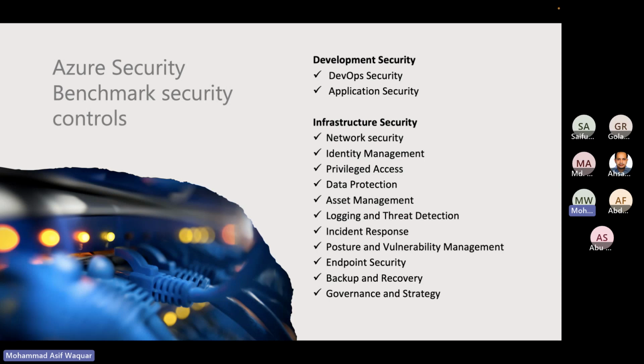Infrastructure security is more about securing your network, your identity and access management, how you are providing least access to the users, or how you ensure the security of your network by creating maybe a private VPN network, or providing a private endpoint, or such methods for least access to other environments. Or for data protection, how we ensure data protection security with the help of